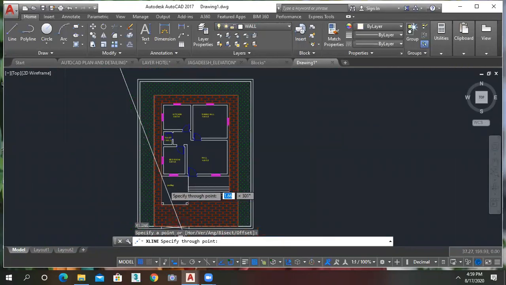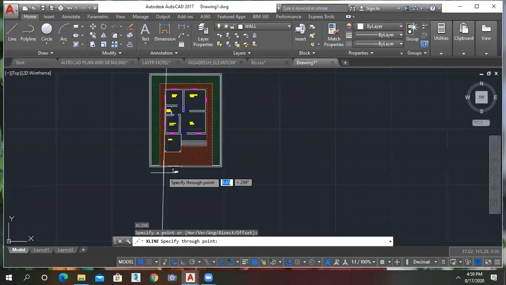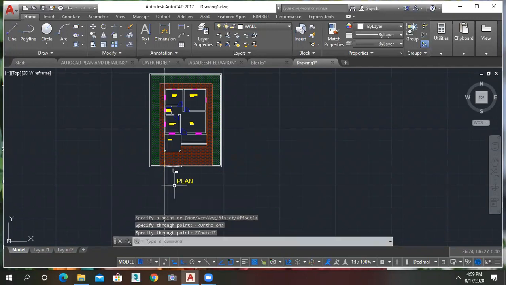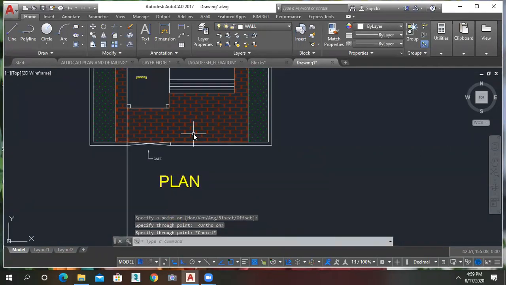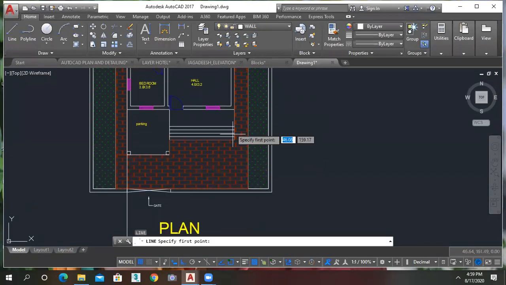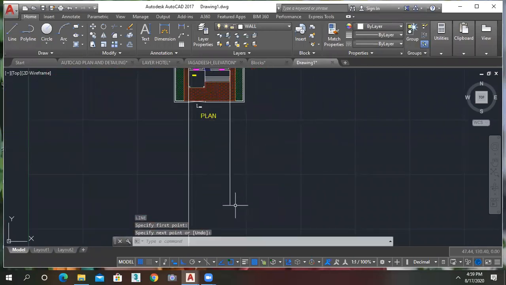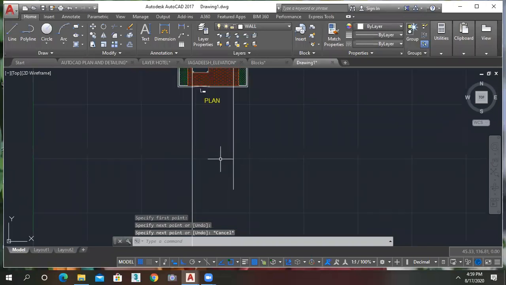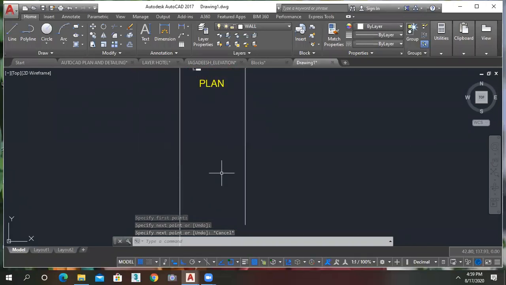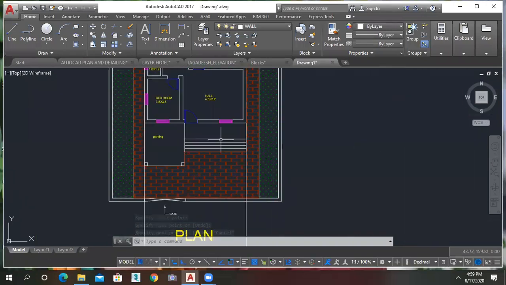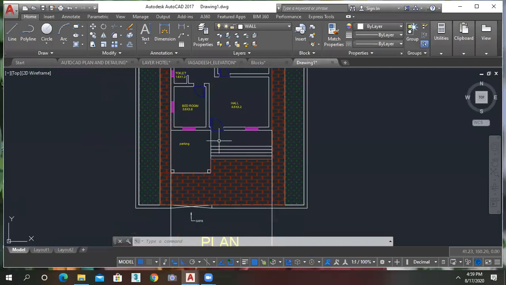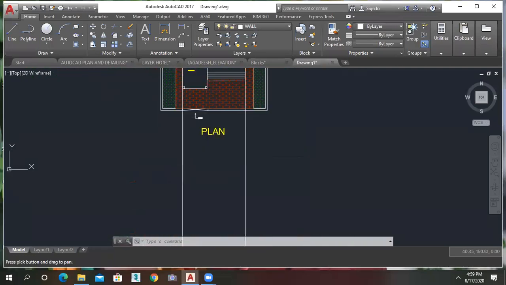Front means whatever we are able to see from the front side. In elevation, we are not able to see the thickness of the wall, as we all know and as we all studied in college also. So this is my wall.